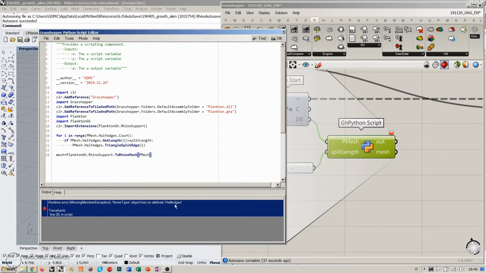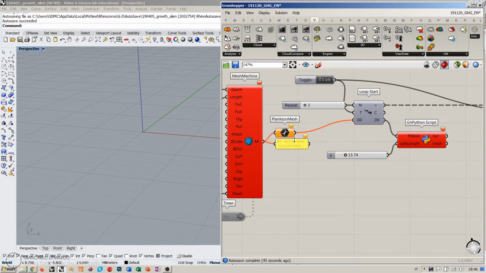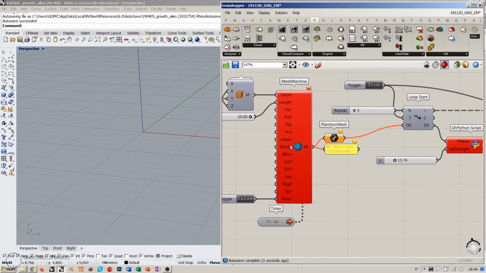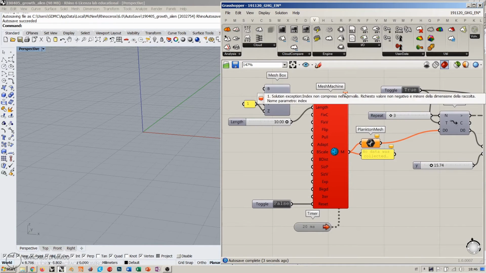Non-type object is not equal to alpha age, probably in line 20. I think, yeah, I think that this is what happened. Okay, so I need to update this,